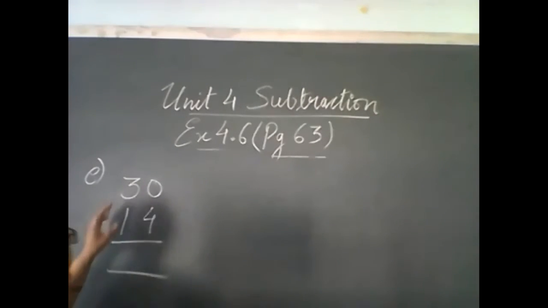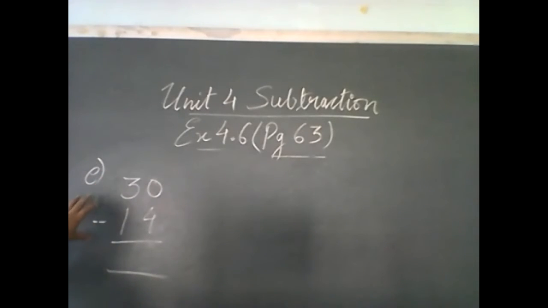Yes. Okay. The numbers are 30 and 14. We have to subtract 30 minus 14. We have to take away 14 from 30. Now, what is at last place? 0 and 4. Now, to subtract, we need to borrow from 3. As we cannot take away any number from 0, we need to borrow from the tens place.